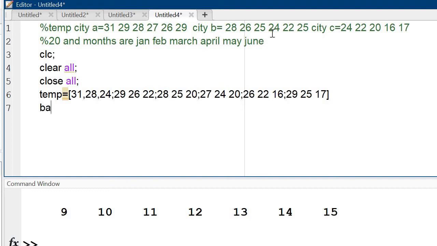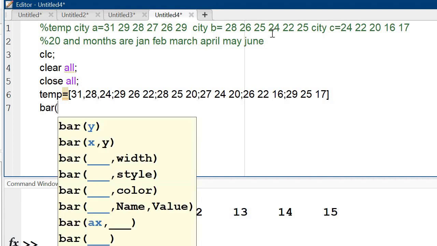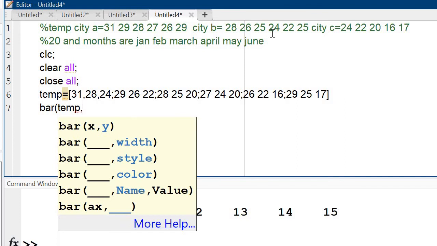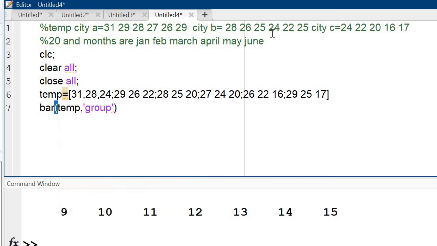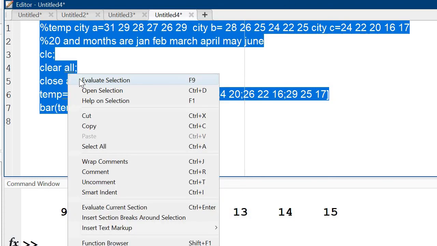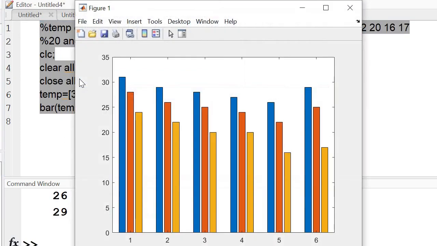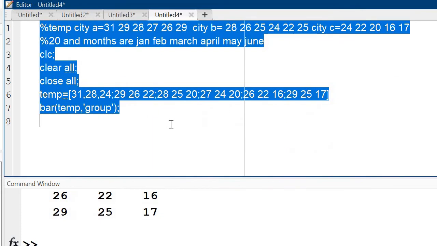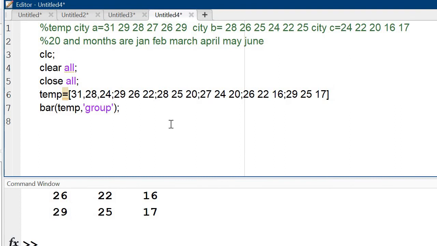Now, what I want is a bar chart of temperature, comma. How to use this? I am taking group. Okay. Then after that, first of all, implement this part. Okay, this is about city, city A, city B, city C. Now again, I am defining how to define this.